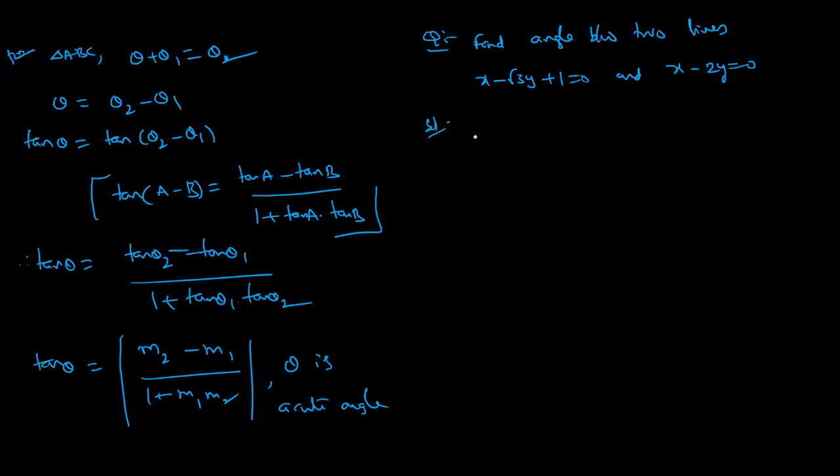What to do? First of all, the slope of x minus root 3y plus 1 is equal to 0 is what? Slope of the line, how to find it? M1 is equal to what? 1 by root 3. This one. Okay. First of all, how to find M1 now? Just a minute. I'll give some concept first. Wait, I'm giving some questions. Just a minute. Yeah, fine, I'm just erasing.